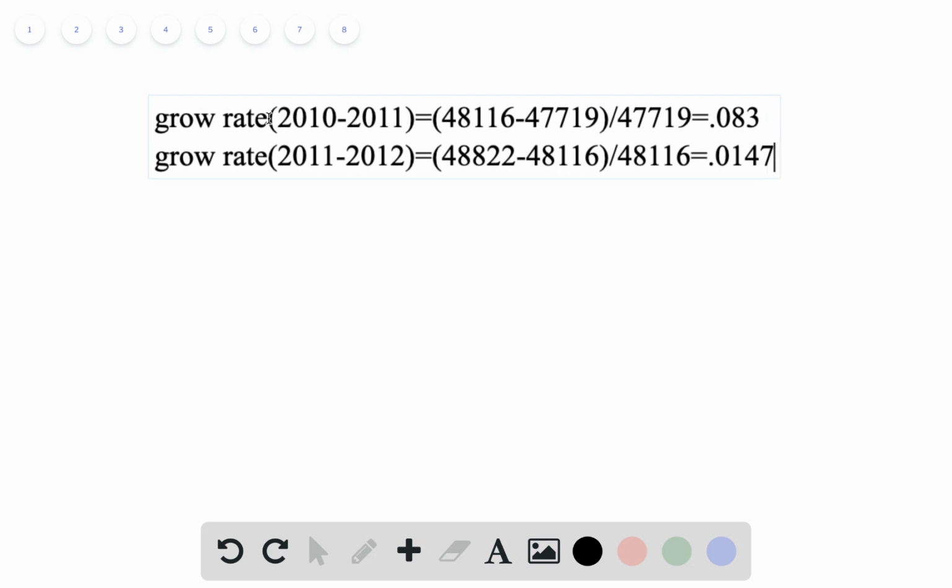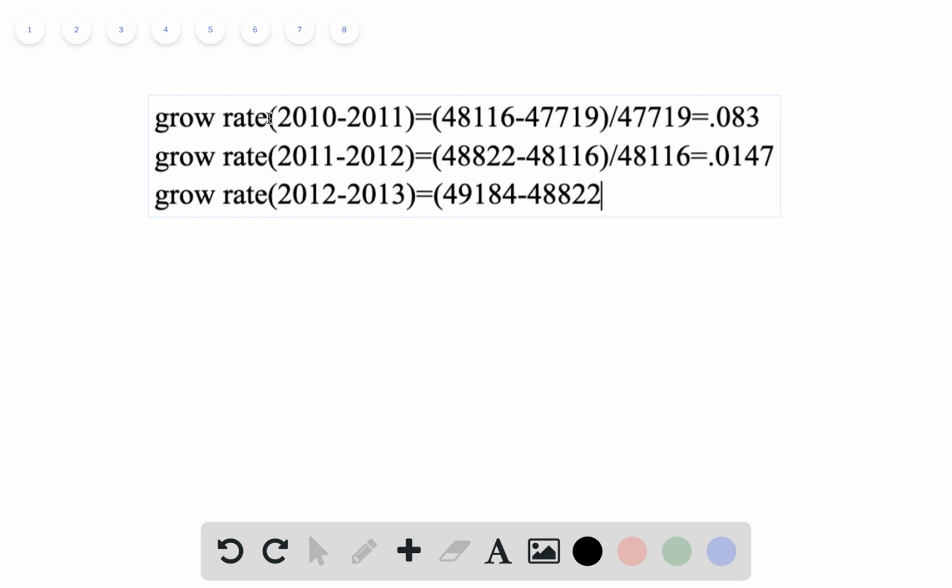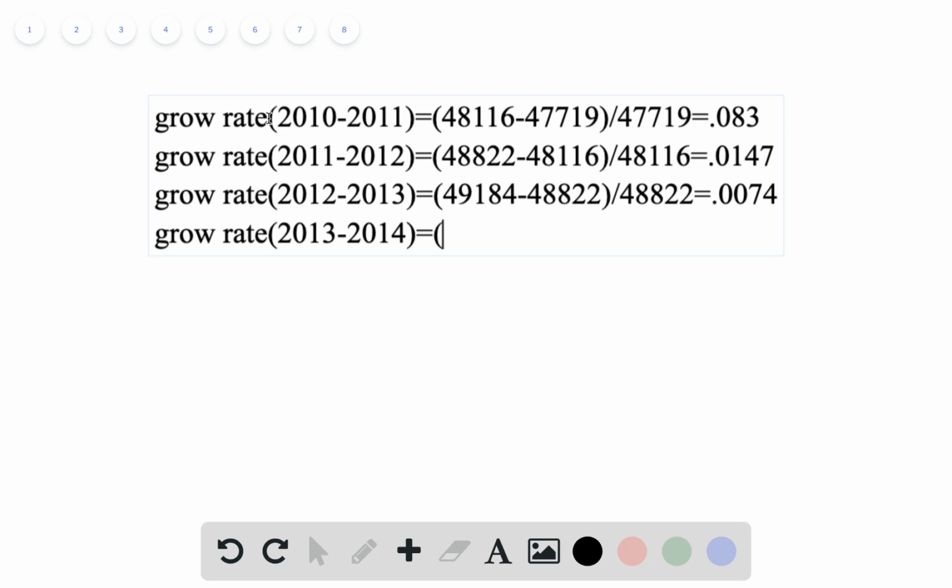we know it is 0.0147. Okay, and the growth rate from 2012 to 2013 equals the real GDP of 2013, which is 49184, minus the real GDP of 2012, 48822, and divided by 48822. Okay, so do the calculation, it equals 0.0074. And the last period, the growth rate from 2013 to 2014, equals the real GDP of 2014, 50010, minus